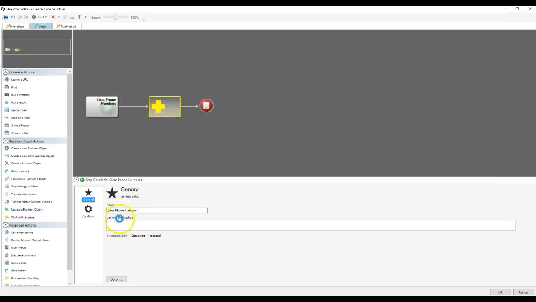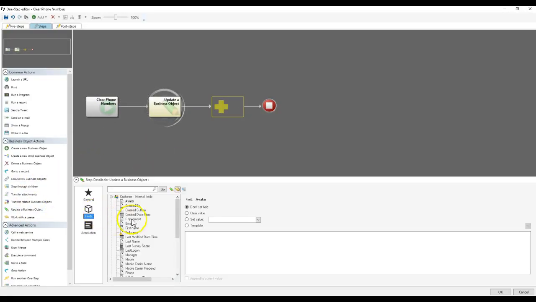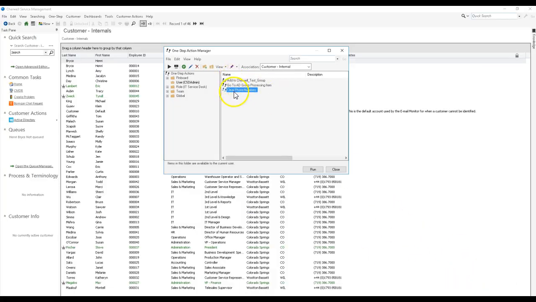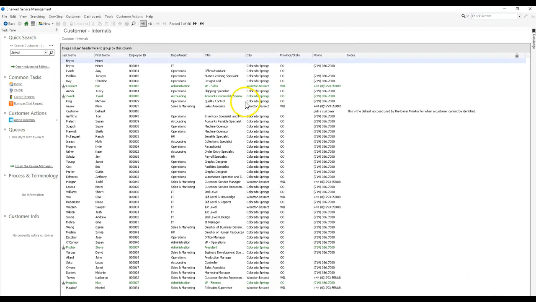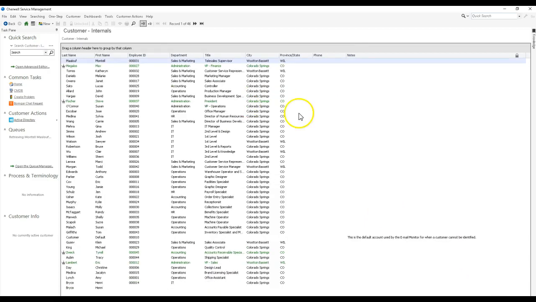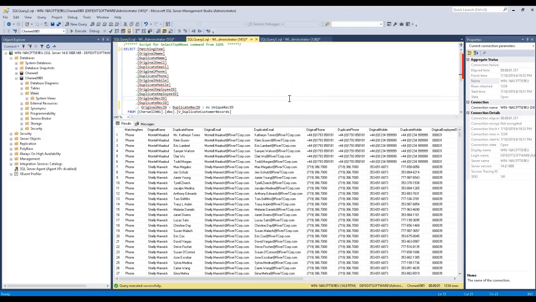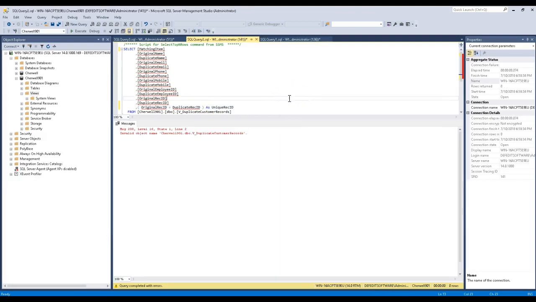And this is going to be an update business object step. We're going to click save. And real quick, so that we can test this out, we're going to clear phone and mobile. Done. No more phone numbers. If we reload this page here,